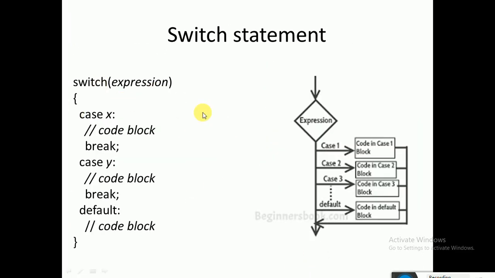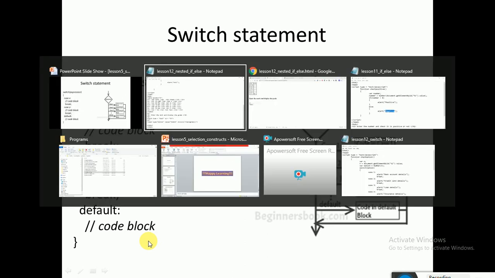Next one would be working on the switch case. It is functionally similar to the nested else-if statement. We'll be giving some expression here and different cases are given. For example, case X it will perform some action, case Y it will perform something else. If all other cases are not matching, it will go to the default. Let us see one example with the default one.